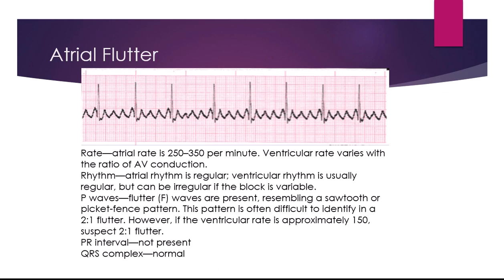It's kind of a trick question, so I'll let you know ahead of time. What is the ratio? How many flutter waves do you see for each QRS? You would say it's a 4-to-1 ratio, a 3-to-1 ratio, or whatever. What do you see? This is a 4-to-1 ratio. Now, let me ask you a question. I got 1, 2, 3, 4, 5 here. It was kind of a trick question. So it's 34 to 8, so it's like